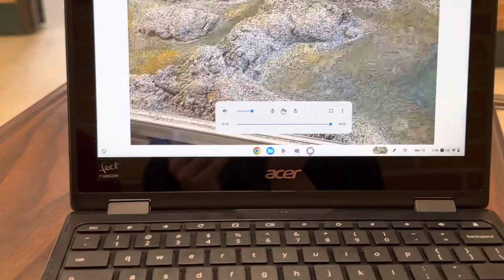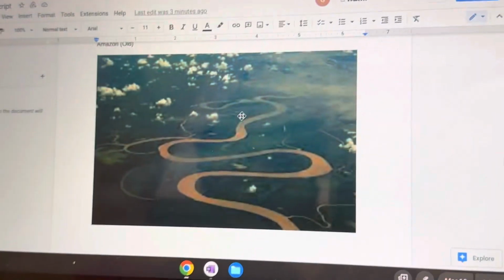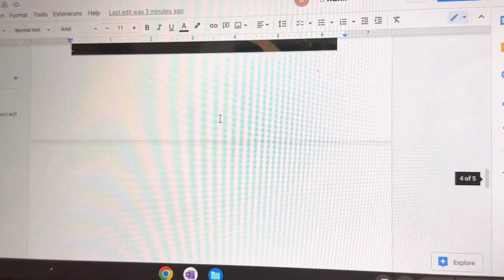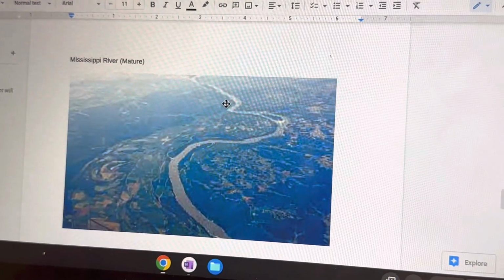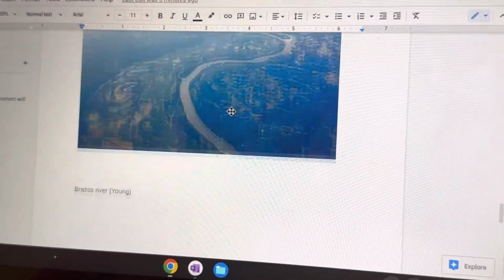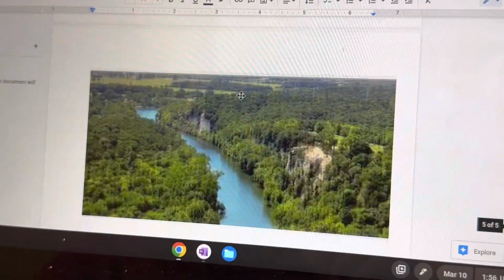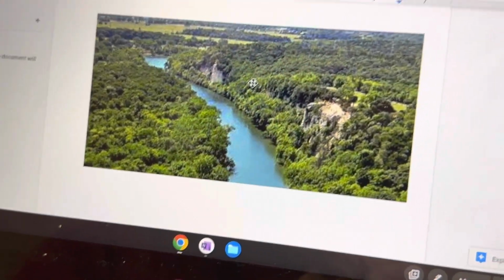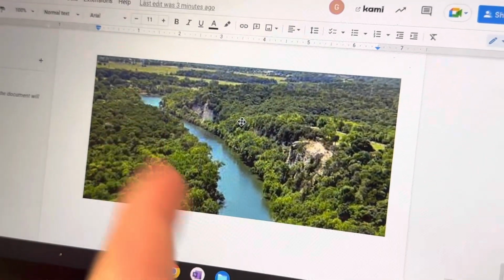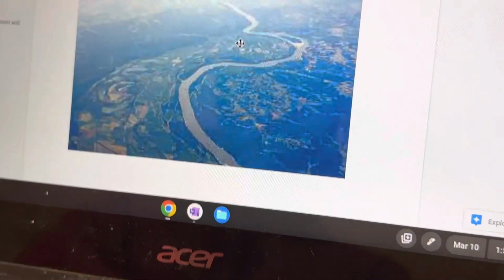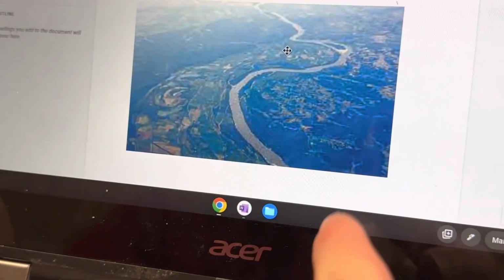And some examples in real life. So Amazon is an old river. The Mississippi River is mature, and the Brazos River in Texas is young. And we can see this is a young river because it's very straight. And then with the mature river, you could see some little